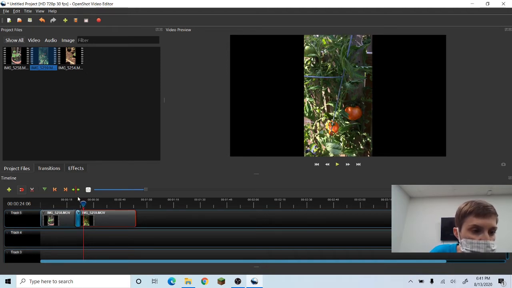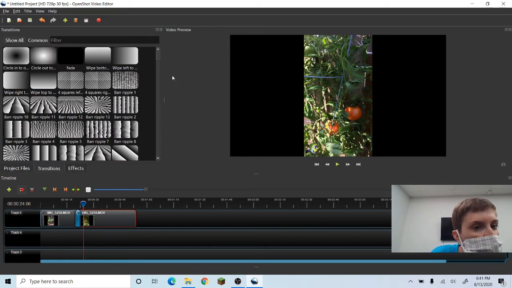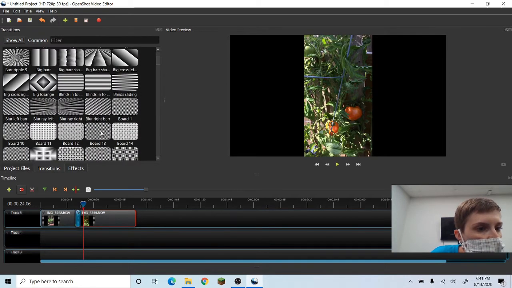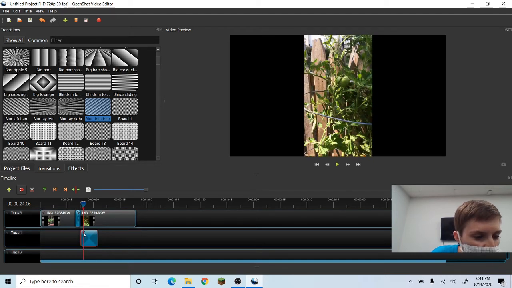If you want a different transition, you can go up to Transitions, select one you like, and they have some pretty crazy options. But you drag it down to another track, make sure it's the length you want, and then you can put it on top of your video instead of the one that just pops up automatically. For now, I'm just going to delete that